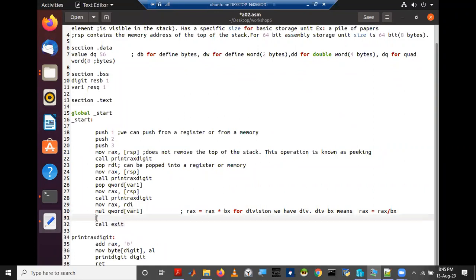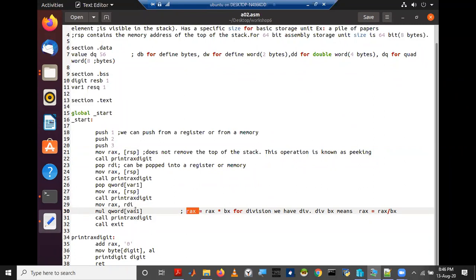So if we now call print RAX digit, that will automatically print the result of this multiplication, because the result of the multiplication is stored in RAX. When we ask this to print RAX, it will automatically print the result.